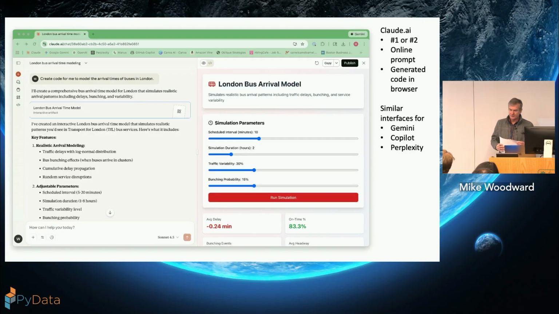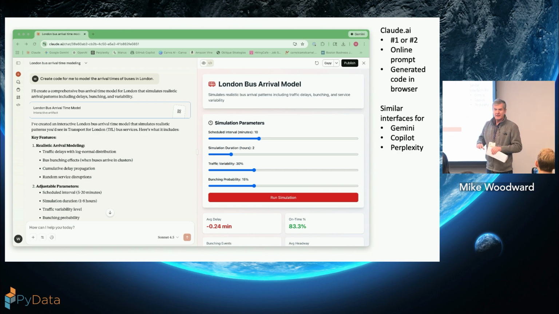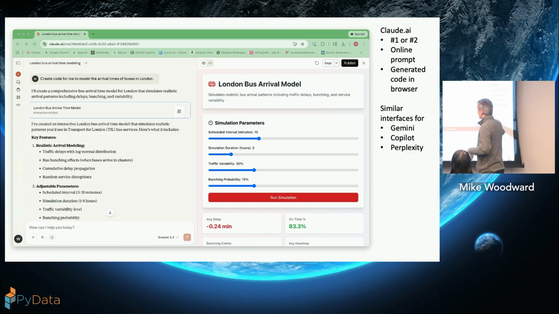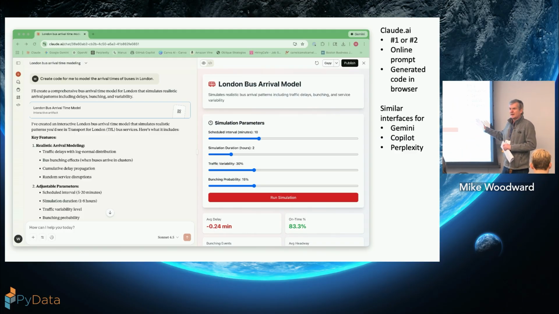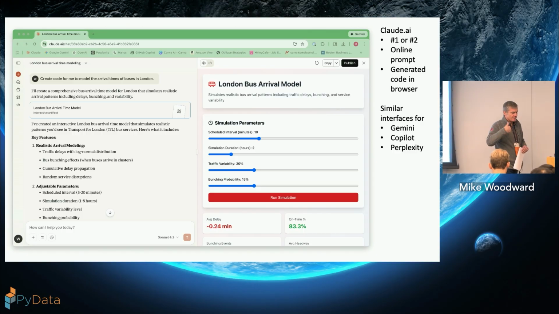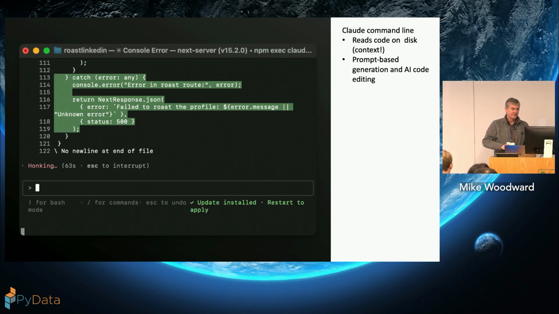Let's go through a couple of code generation products out there so you know what I'm talking about. This is Claude.ai. I think everybody's seen this kind of stuff. You go to Claude, you go to Perplexity, you go to Copilot. You put a prompt in, it generates some code for you, and that's fine. It's a kind of cute thing. It's a bit of a toy. If that's all you've used for code generation, you need to up your game. This is not enough. It's a nice show and tell, but nothing more.